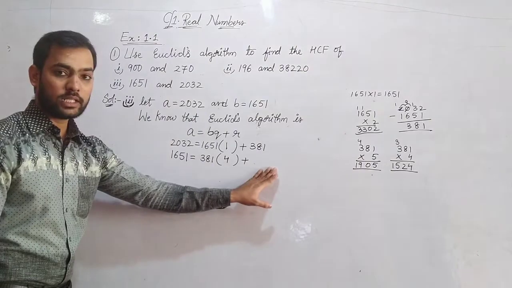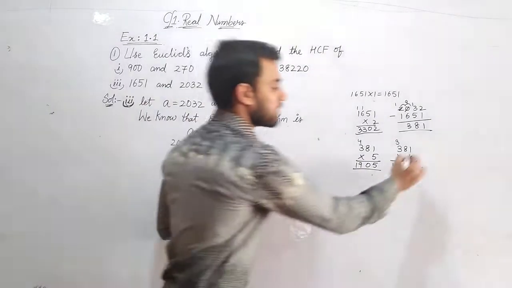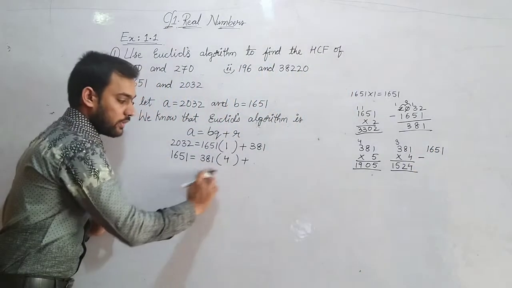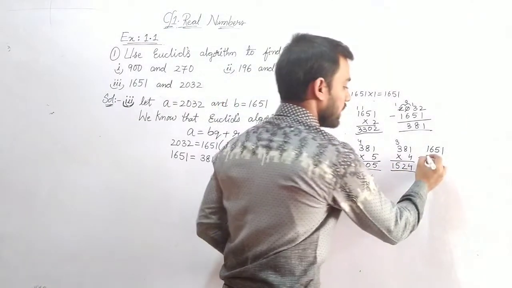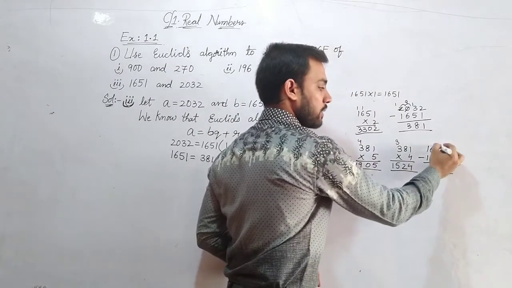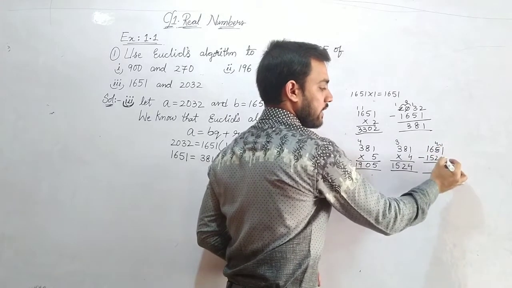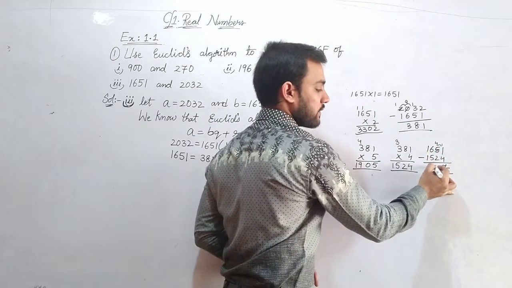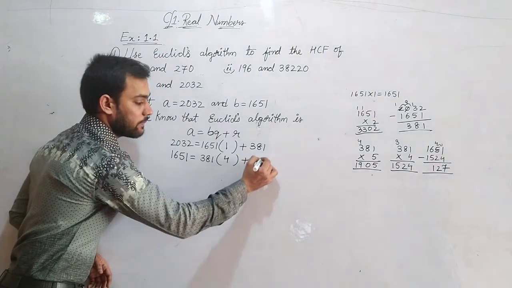Now how many are remaining? That means, how do we decide the remainder value? From this 1651 we need to subtract the product we got over here. What product did we get? 381 4s are 1524, that we need to subtract. So 1 minus 4 is not possible, so borrowing from here we will get 11, and here we will have 4 remaining. 11 minus 4 is 7, and 4 minus 2 is 2, 6 minus 5 is 1, 1 minus 1 is 0. So 127 is our remainder.